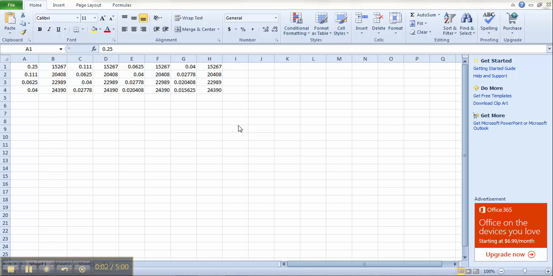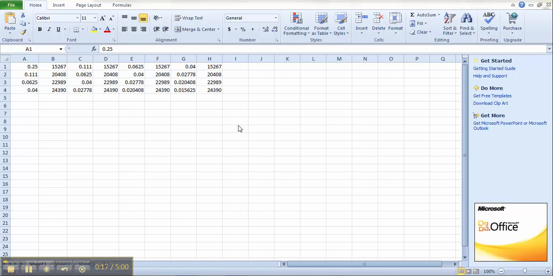We will be using Microsoft Excel 2010. If you are using another version, that's fine, because the alterations are very minimal. Set up your graph so that in column A and B, you have your x1 and y1. Set up your column C and D so they contain your x2 and y2. Columns E and F will be your x3 and y3, and finally, columns G and H will be your x4